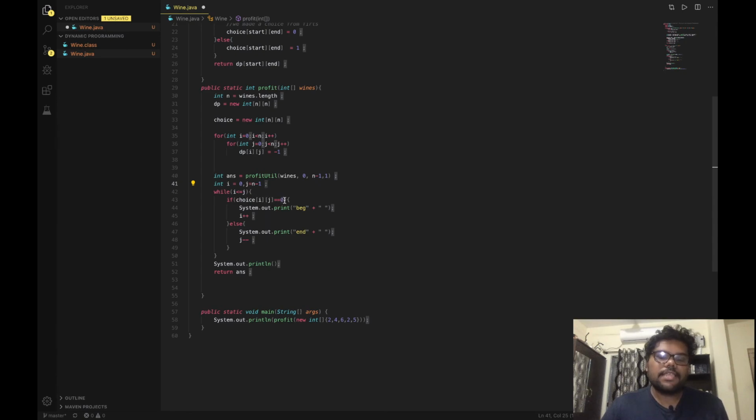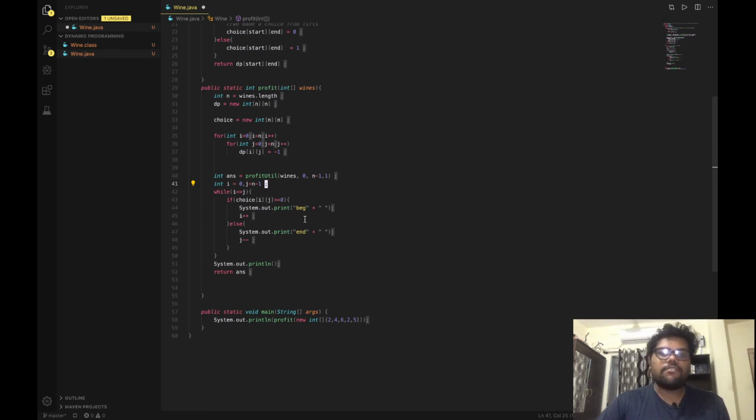If the choice is 0, that means we have selected it from the beginning, so I print beginning. If the choice is not 0, that means it will be 1, so I print end. And i plus plus I increase since I have chosen from the beginning, and j minus minus I decrease since I have chosen from the end. So this will also print the sequence in which we have sold our wines.